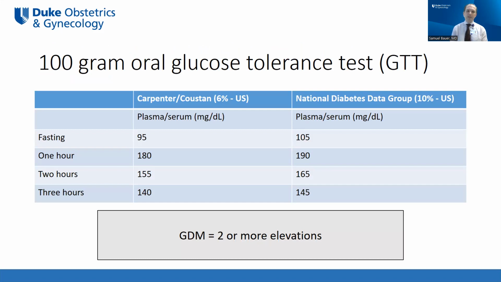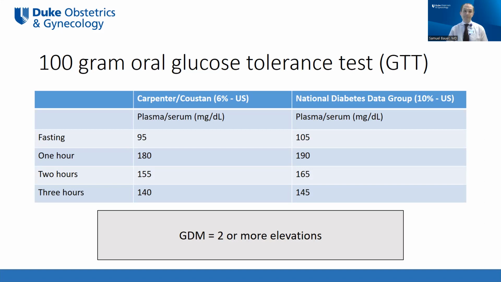Now, there was a systematic review done in 2016 that looked at over 25 studies that also showed that if you had one abnormal value on that 100 gram GTT, there's also increased risk of poor outcomes. In particular, if that's the case, you may want to be watching for accelerated growth or other adverse outcomes. But it's really unknown if there's benefit from treatment. If you gave them the diagnosis of gestational diabetes based on one value and then treated it,